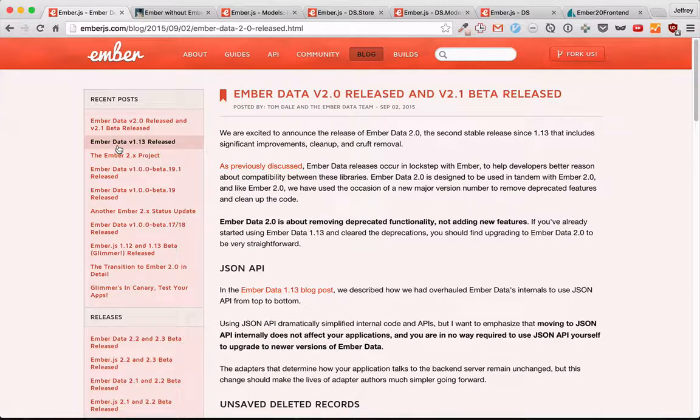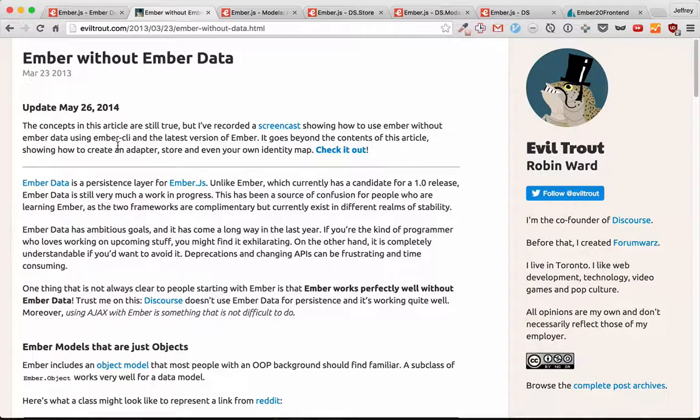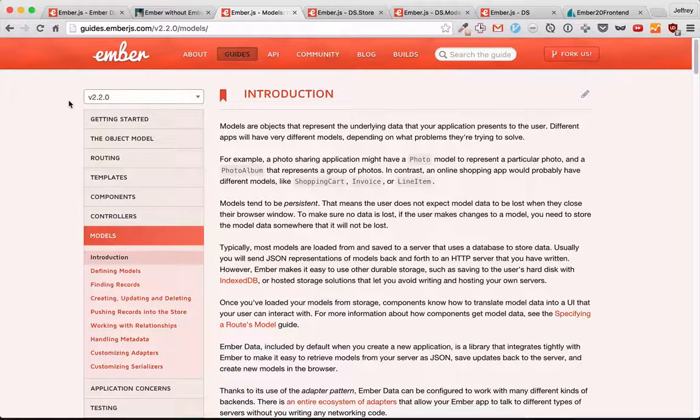So why Ember Data? First, let's get out of the way: you can use Ember without Ember Data. You can do it even in large applications such as Discourse, and for certain cases, that may be the better choice. But Ember Data has gotten a lot better recently since this article was written, and so we'll go with that. So this introduction to Ember models gives a good overview of why you would want to use Ember